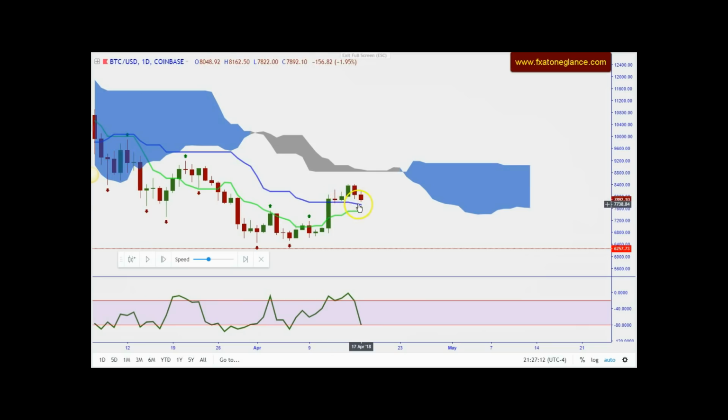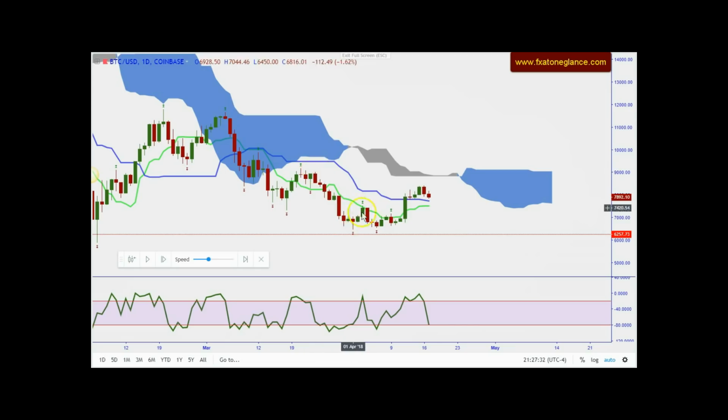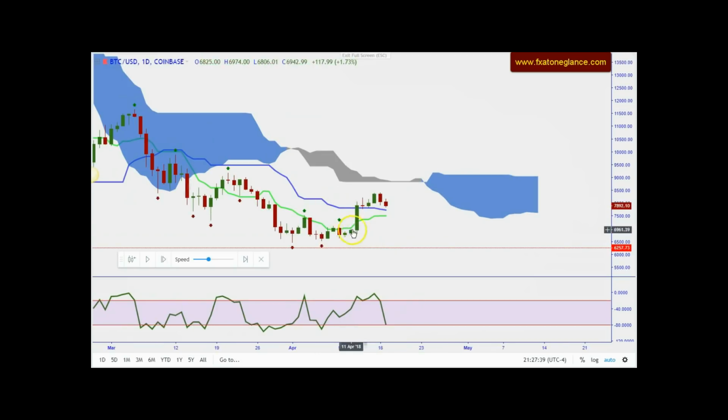We're above the Kijun-sen level, and I usually want to just trade below that Kijun-sen level. So I haven't said not to trade above the Kijun-sen level because the market has so much volatility at times that it will come above and then go right below. I'm going to pay attention to this right here. Now, when I assess the market, I'm also going to look at my formation. I'm going to look for my 1, 2, 3, 4 formation. So now I think I got a failure swing here, and I'm going to look for the market to move to the upside. So even though we take this trade, let's just say we take that trade,